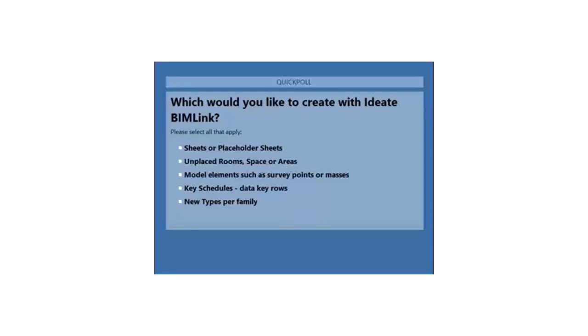I know quite recently we had some of our mechanical customers say, "Hey, we would like to take the room coordinate data, for example, and use that data to create all the spaces at once in a 10-story building." And so we did actually enable that particular workflow based on that kind of request. So any of these things are possible, and if you don't see what is interesting to you, we would love